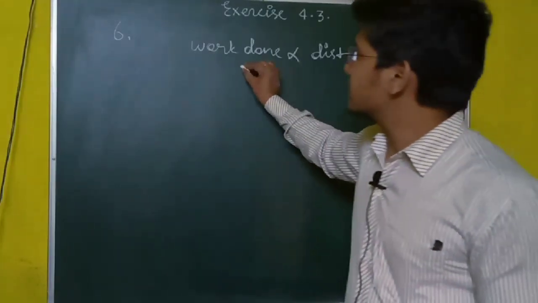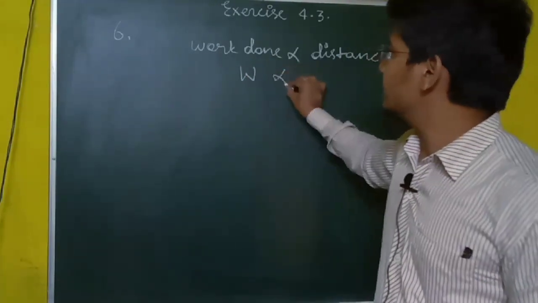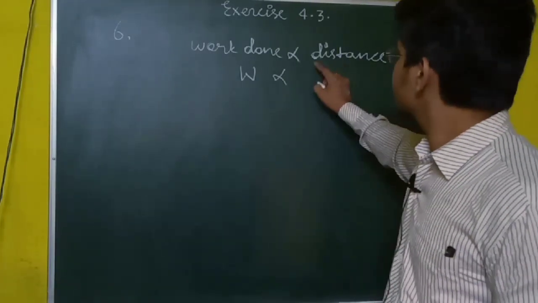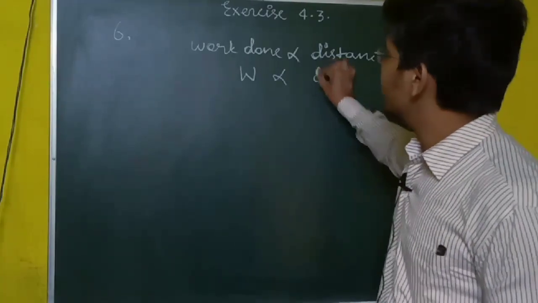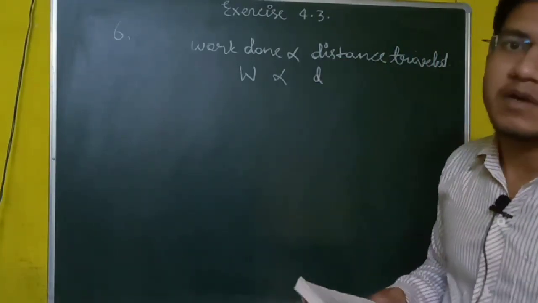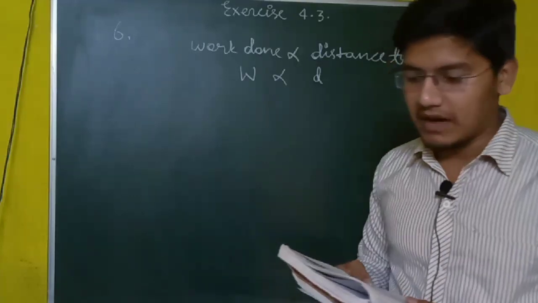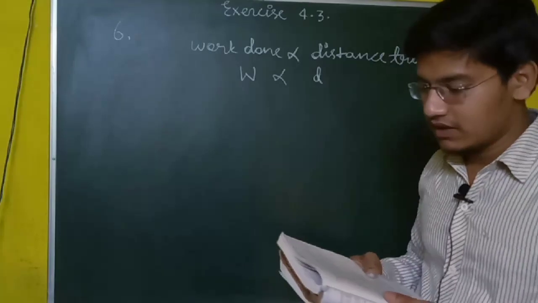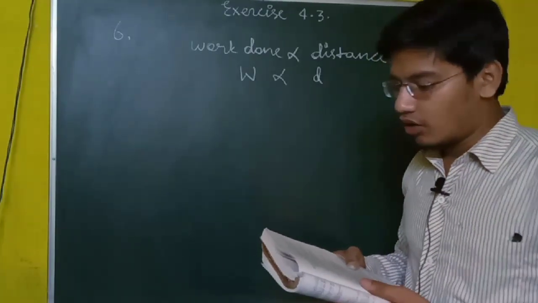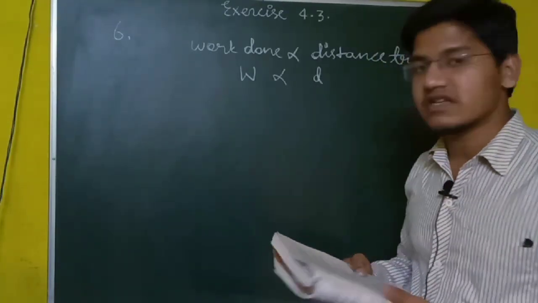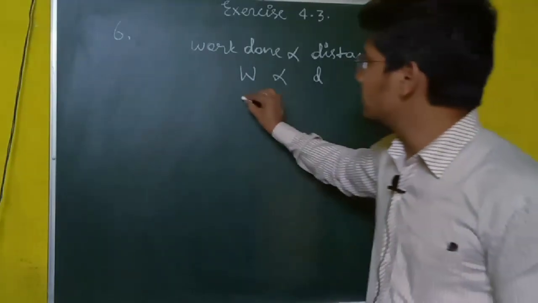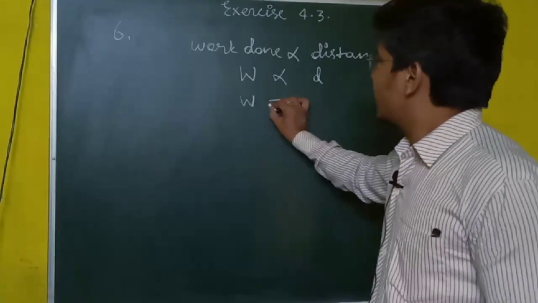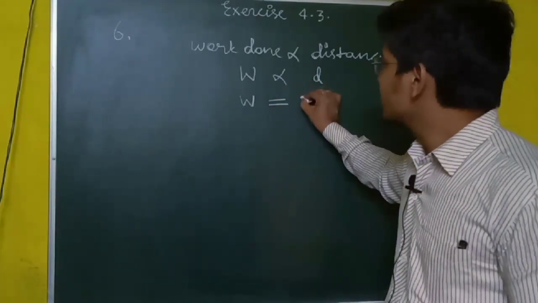Here we can represent work by W directly proportional to the distance travelled. So we are writing here D. Work done is directly proportional to the distance travelled by the body. Express this in a form of equation in two variables. Draw the graph of the same by taking the constant force as 5 unit. So here if we remove this sign, we will get constant.